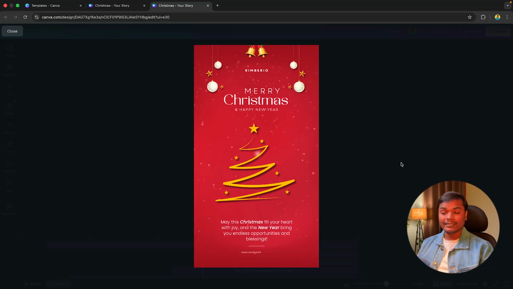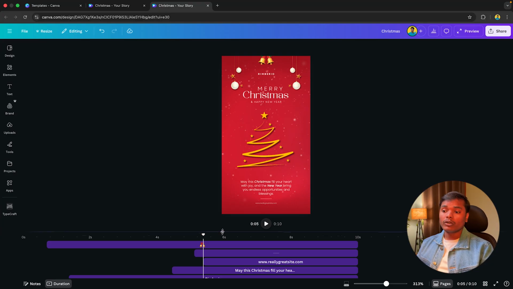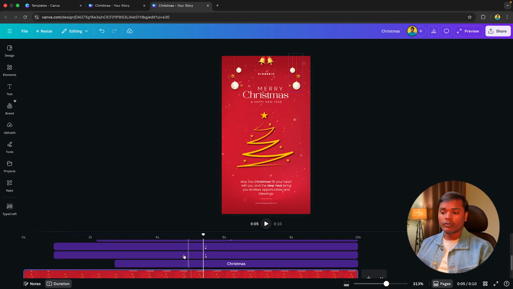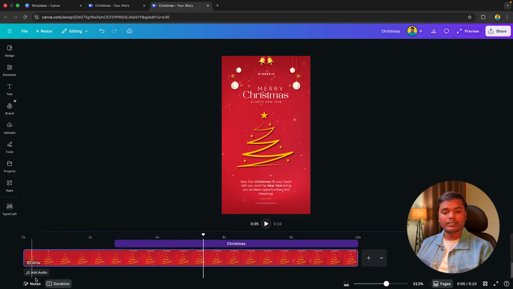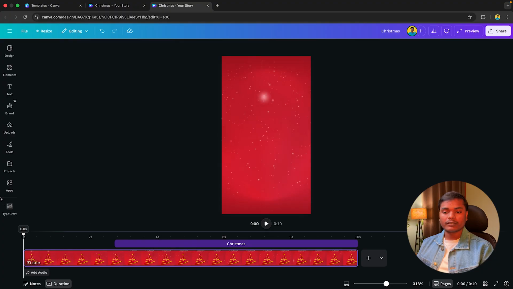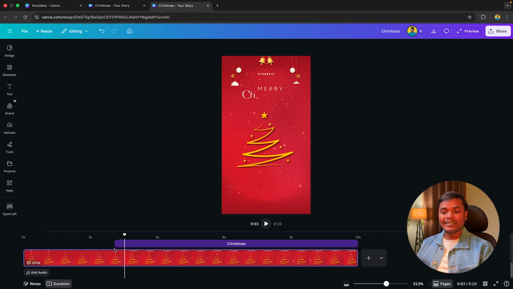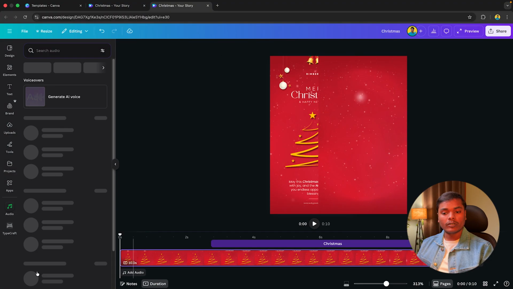Now look at this. This is looking so amazing. But here is one more thing missing. We are not using any audio in this. So I will just scroll my mouse wheel just like this, and I will see the add audio option. So I will move the playhead to this 00 option. Otherwise, it will start adding audio from here. So don't worry. I will just click on add audio.